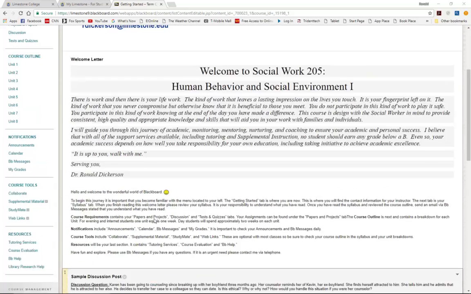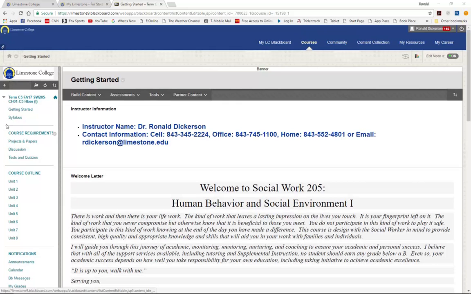As we go back up, the next criteria is the syllabus. So when you click on that, you can print out your syllabus and at least put it in a binder so that you can follow it through each one of the unit assignments. That way you'll have your syllabus on hand. From time to time, students have always asked me, when is the midterm exam? When is the final exam? When is my paper due? I always redirect them back to their syllabus, because it's going to tell them all of that information.